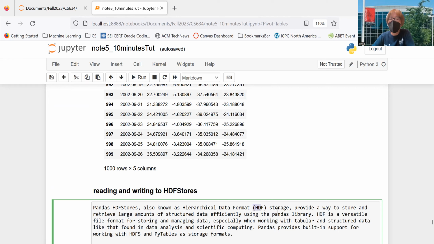This is a hierarchical data format. We are not going to use it, but just to give you some basic idea. A lot of times, with a very large amount of structured data, if you want to store it and process it, you can use HDF file formatting. Okay. So that's